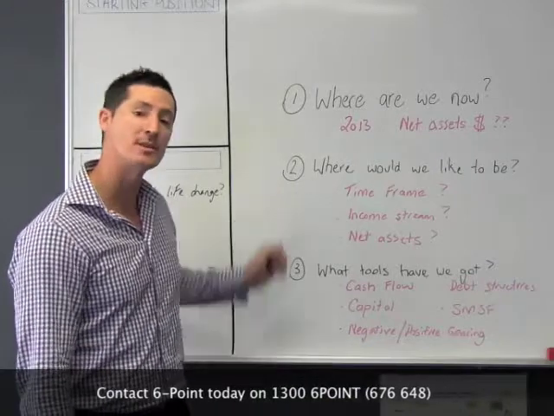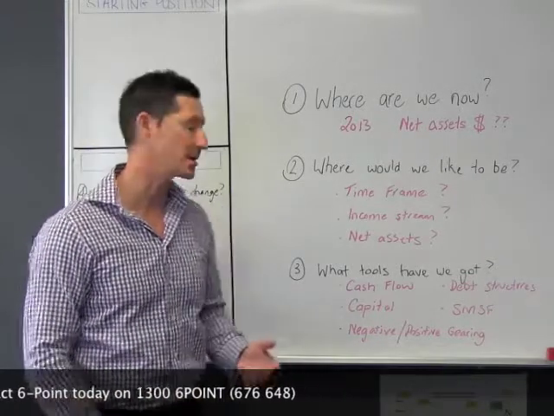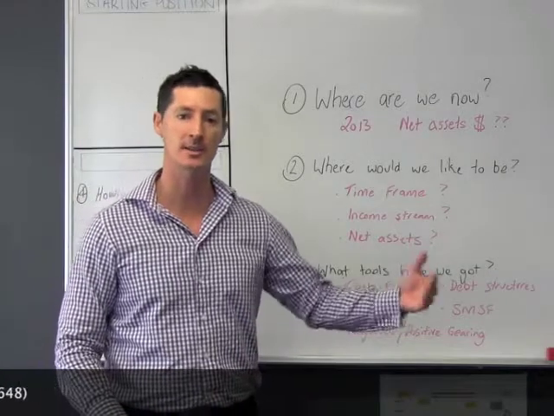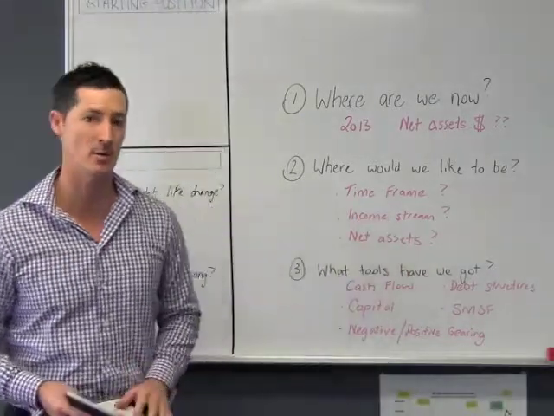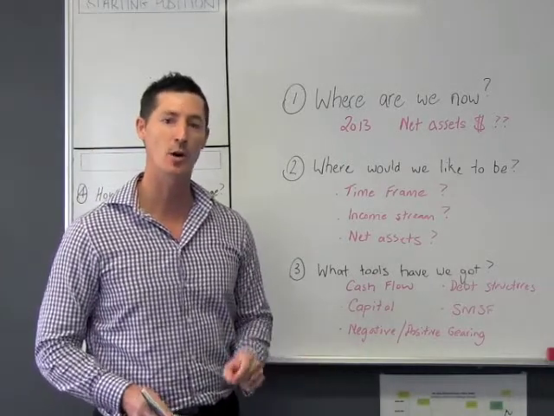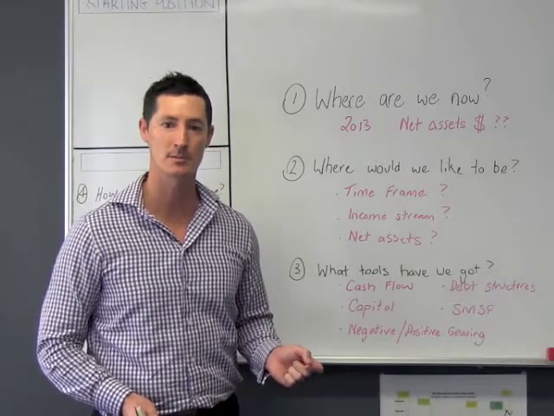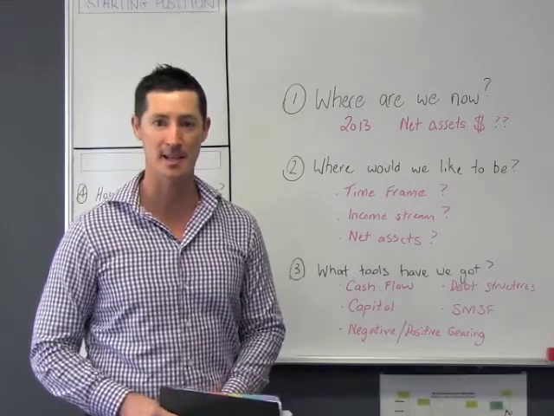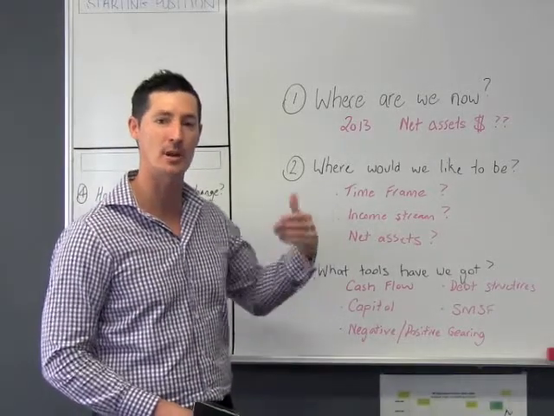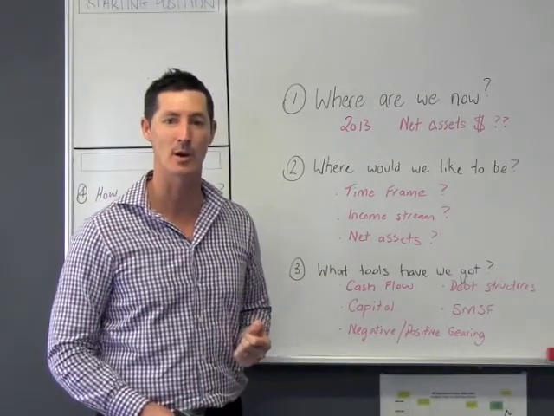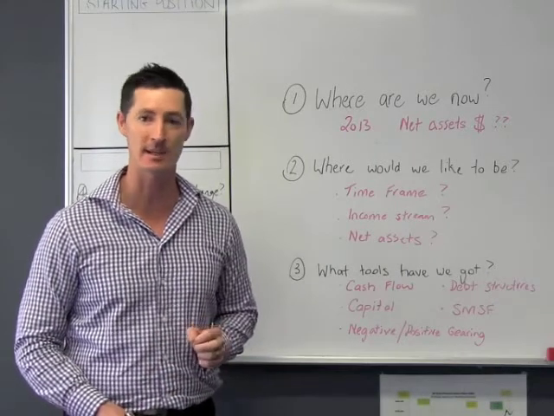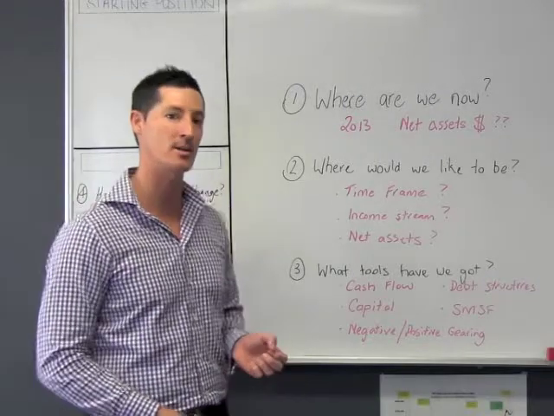Then there's a formal process that we go through with our clients to work out where would we like to be. Are we talking 10 years time, 15 years, 20 years time, however long it's going to be. When we get to that point in time, if our goal then is to exit the workforce, but we still need an income, where's that income going to come from? Well, how much income does that need to be? If we're not going to go to work to earn a living and we're relying on our investment portfolio to provide that income, let's establish how big that income needs to be. So let's describe that lifestyle.